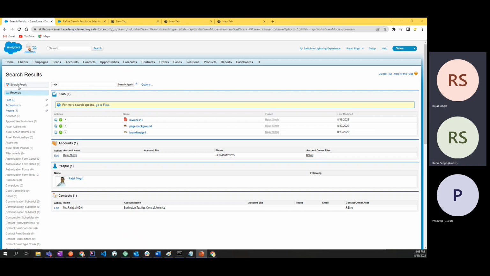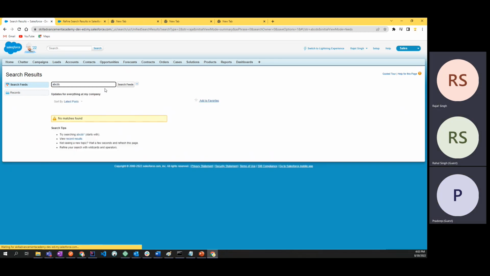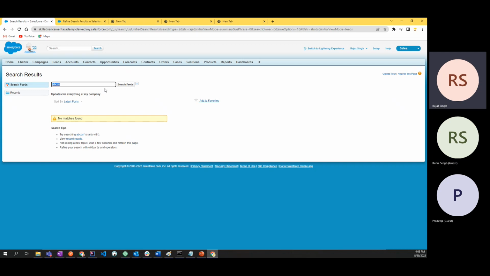And okay, so this is about this record feed. Whatever records will be there in all these files, those will get searched. And then we have the search feeds. This search feed is whenever we click the search button. If you click on this search feed, it will search into our chatter, whatever chat we will be doing. So suppose A, B, C, S, if we are searching, you see it's not finding right now in the feeds. So, but